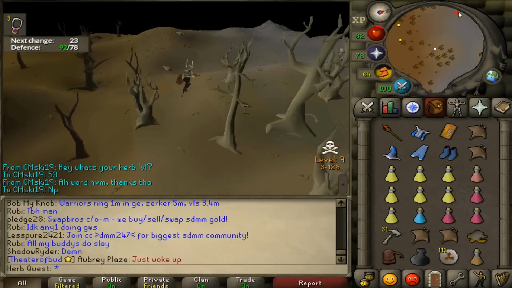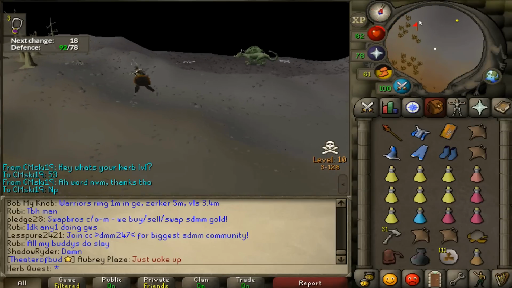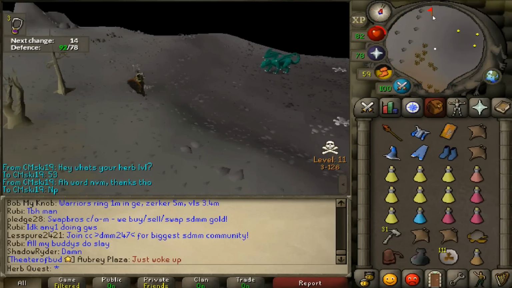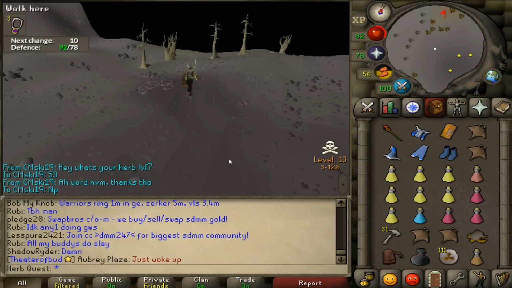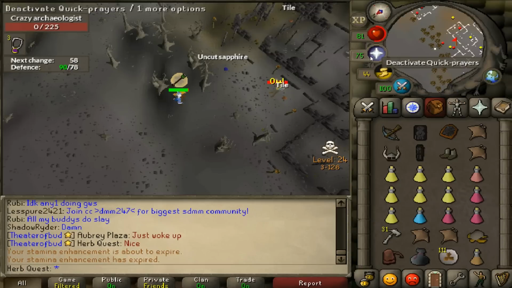It was a little short. All I got from it was a bunch of rune crossbows and red d'hide bodies. Those sell for quite a bit, the red d'hide bodies. The rune crossbows are down to elk price though, so I went back up for a second trip of Crazy Archaeologist, and on the first kill back,